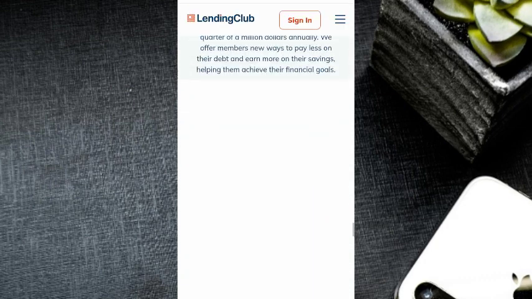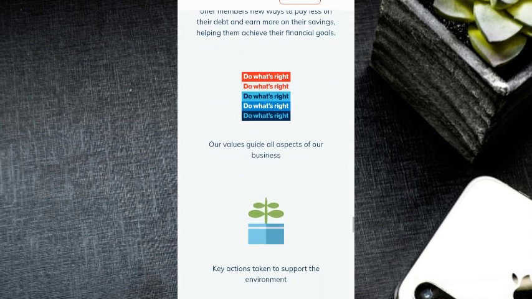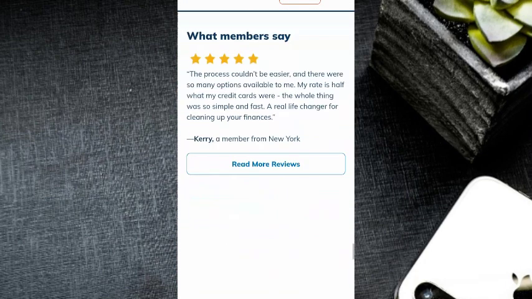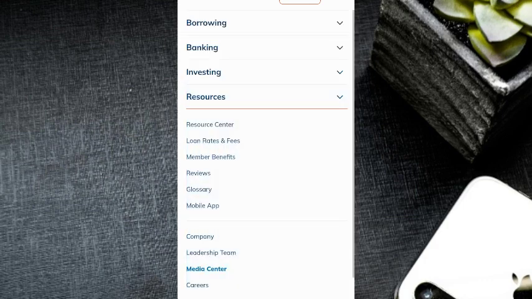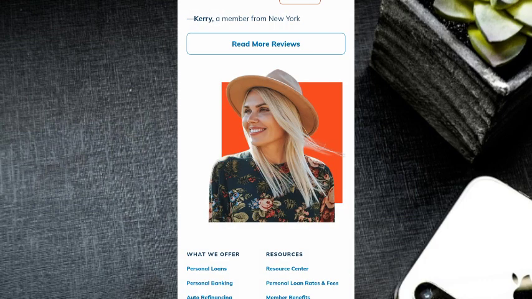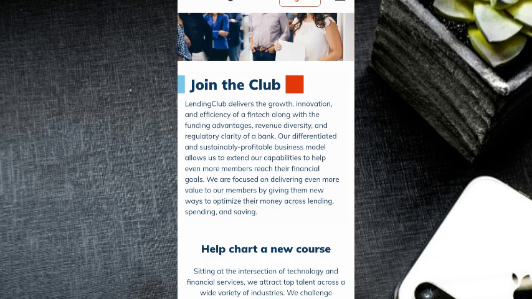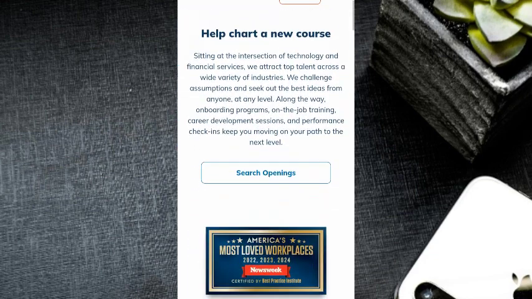So you're going to tap from the app's main screen, just tap the menu. You can usually find that at the top right corner, and then you're going to select settings or login and security. From there, you're going to enable biometrics login. So just look for an option like enable Touch ID or enable Face ID, and then just tap on it